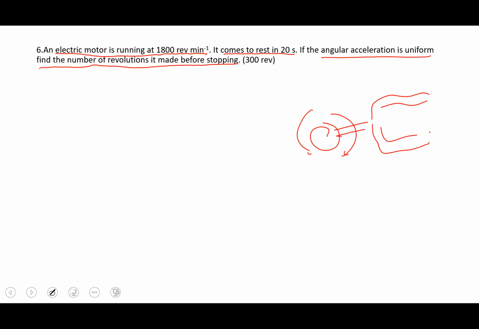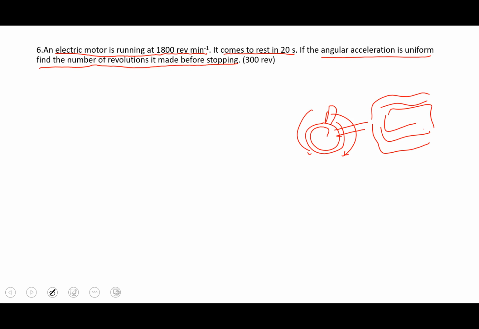It says an electric motor is running at 1800 revolutions per minute. It comes to rest in 20 seconds. The angular acceleration is uniform. Find the number of revolutions made before stopping. Let's say that this is the motor. Let's say it is moving. There's a motor over here. It's rotating this,